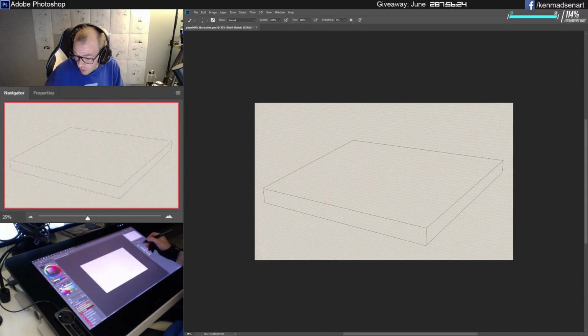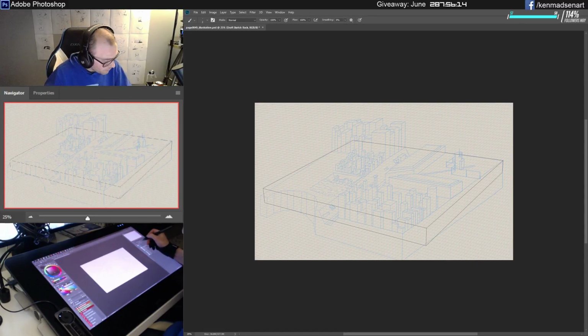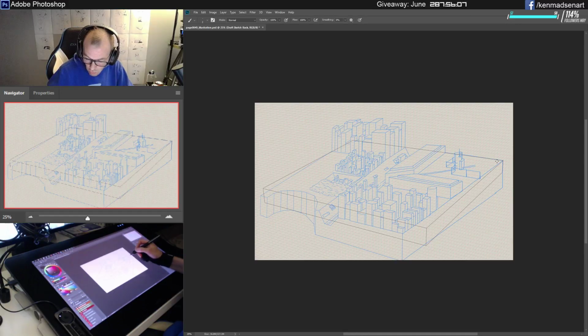So I have taken it and skewed it into fitting for the background. So the back parts are now aligned to the back line,